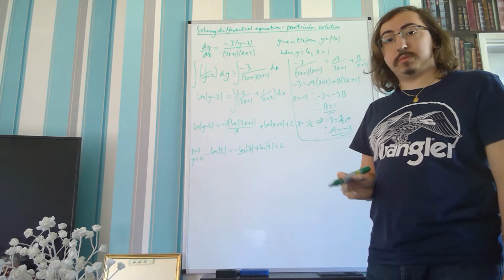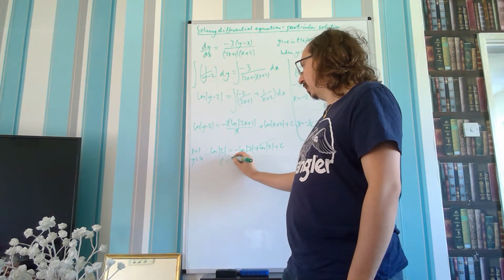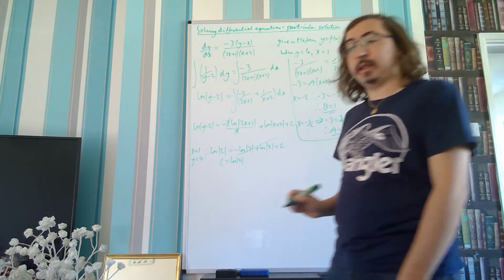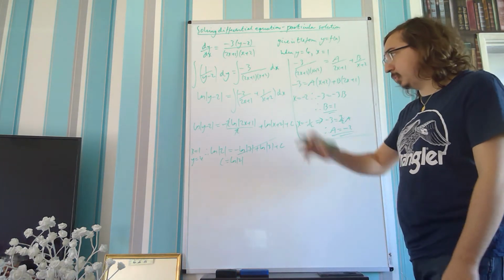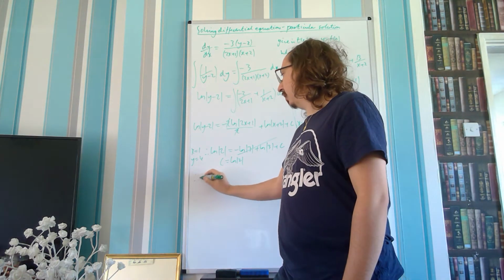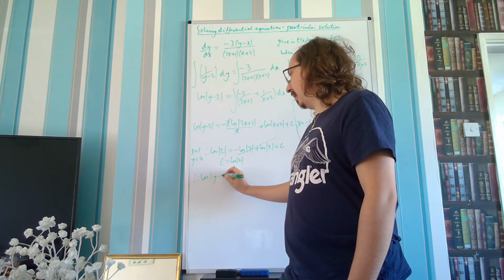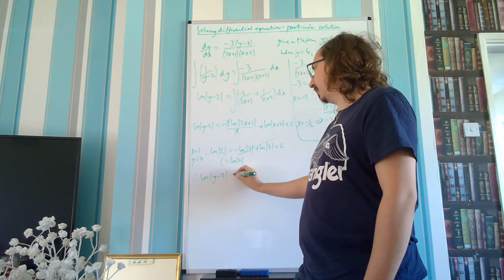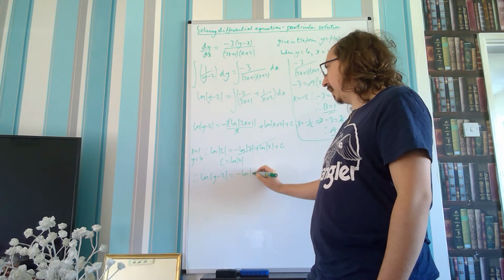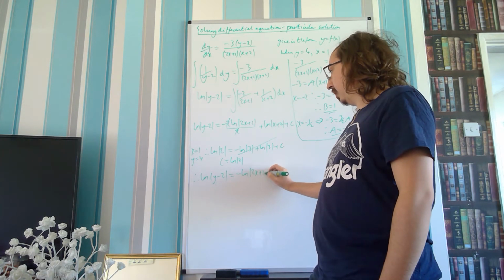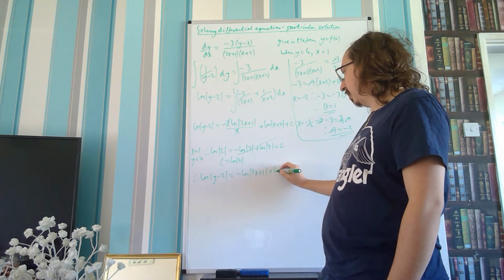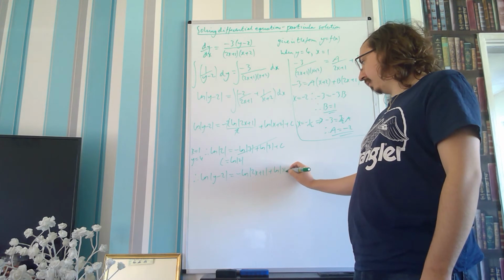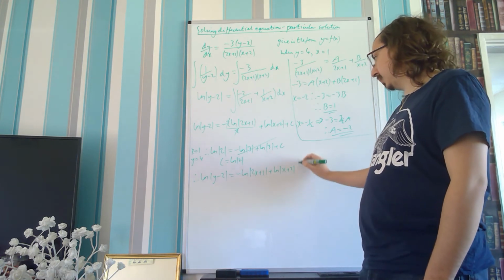Those natural logarithms will cancel, so c is equal to ln 2. So we can substitute in there. So you've got ln of y minus 2 equals minus ln of 2x plus 1 plus ln of x plus 2